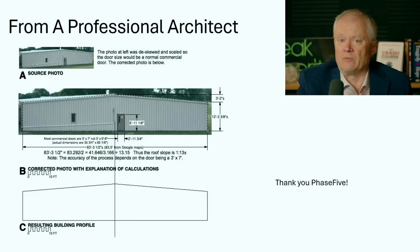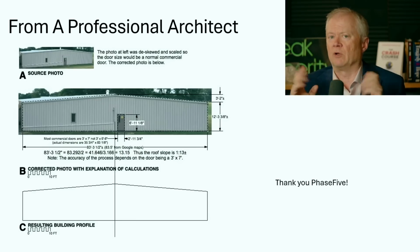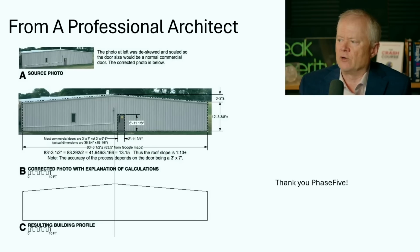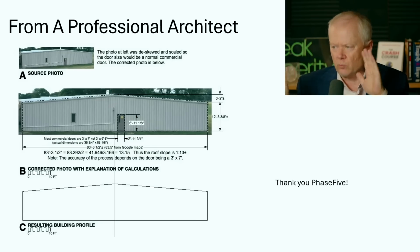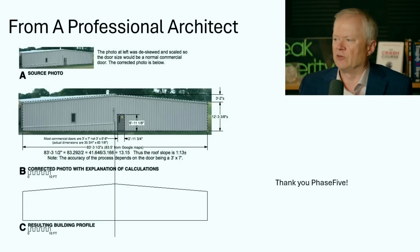Now, here's where the problems come in, and we get a lot more questions. So, Phase 5, member at Peak Prosperity, where we're having incredible analysis being done, a lot of experts. Turns out Phase 5 is a professional architect, was able to take a standard photo there, de-skewed it, it's called, rotates it. His software will rotate it and scale the door so it's a normal commercial door. If you take all of those things into account, then it turns out, the normal door here would be 6'11"